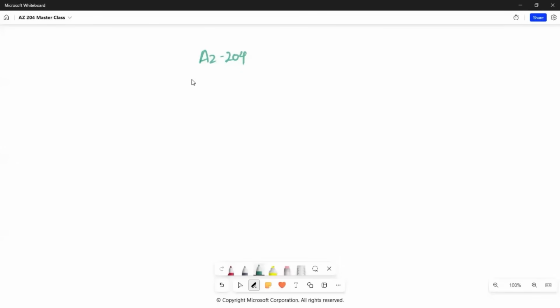So now let's talk about the AZ204 paper. As I said, AZ204 is a developer paper that we have in Azure, right? So what is AZ204? AZ204 is how you can do development in Azure.